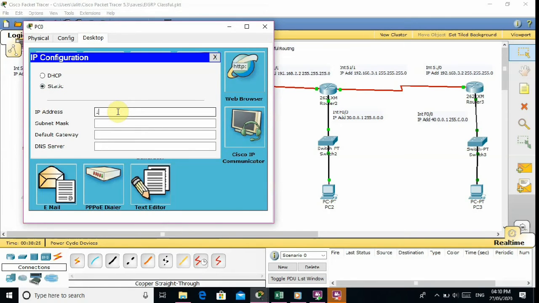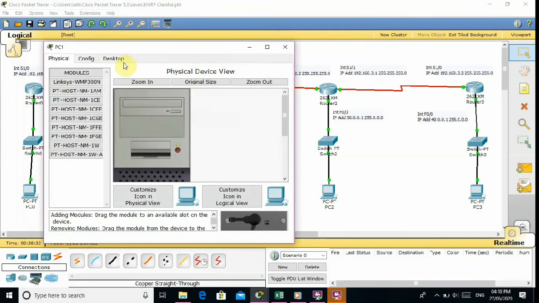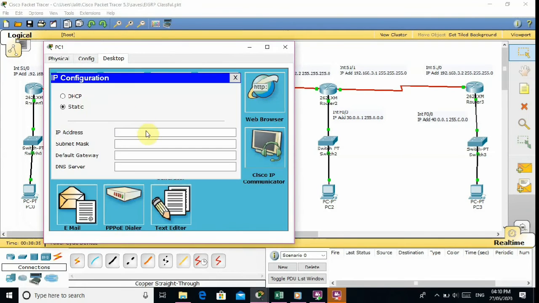First we will configure the desktops. There you can see IP address 10.0.0.2. Now 20.0.0.2. Subnet mask is default and gateway also default, that is 20.0.0.1.